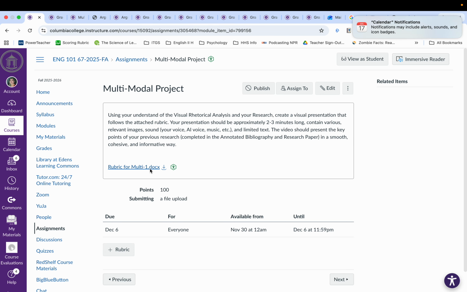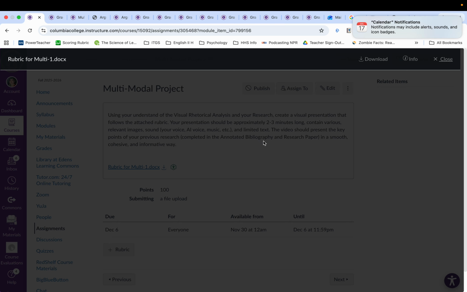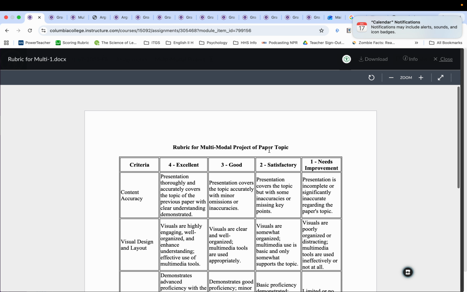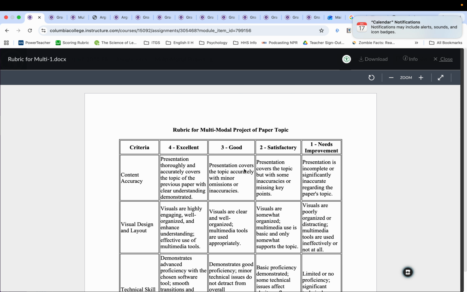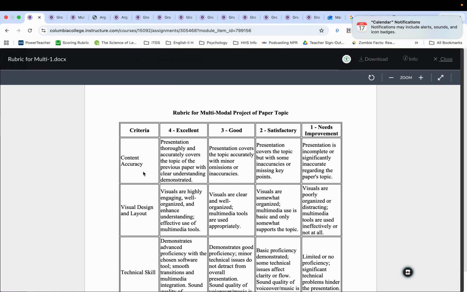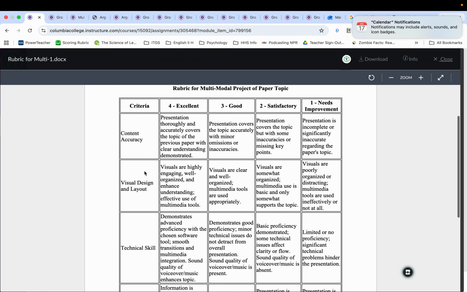And so I'll give you a highlight here of the rubric itself so that you can see what I'll be looking for. So I'm looking for the accuracy of the content. So I'll be comparing it to your research paper, the visual design and layout, how engaging it is, how organized.